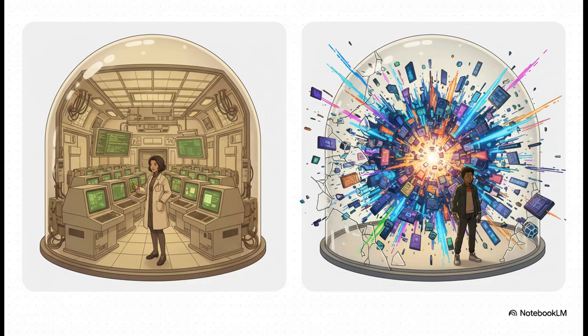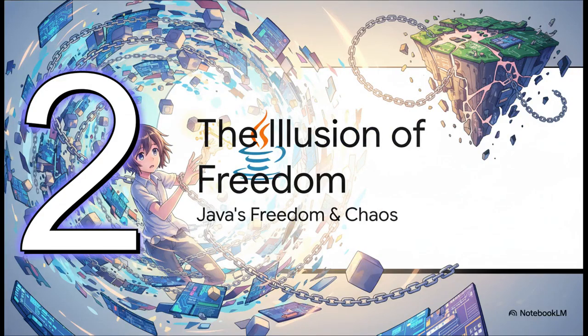But then, Java showed up, and it just blew the gates wide open. We went from these simple systems to wildly complex ones, from a closed little world to an extensible language with a literal universe of external packages. And that changed everything. But all this newfound power, this freedom, it turned out to be a bit of an illusion. The very thing that made Java so incredible also planted the seeds for a whole new kind of chaos.